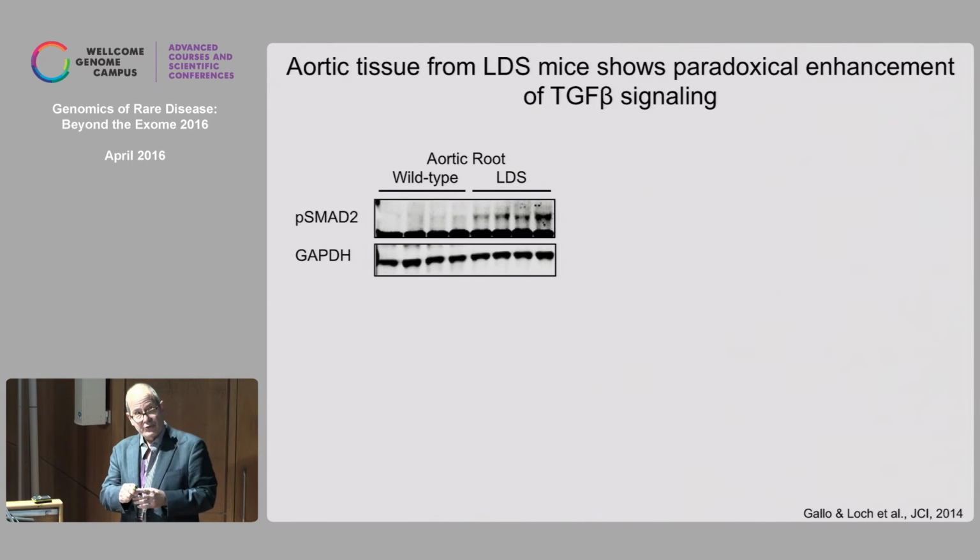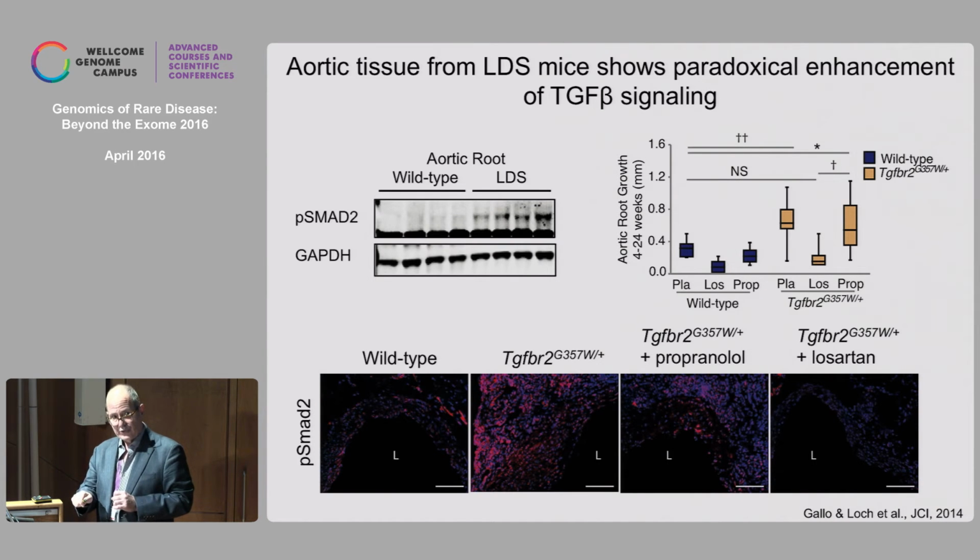So Elena Gallo in the lab went on to make and characterize mouse models of Loeys-Dietz syndrome and showed that they also show this clear signal for paradoxically enhanced TGF-beta signaling in the aortic root. Elena was able to show that losartan was just as protective in Loeys-Dietz syndrome mice as it was in Marfan mice, showing complete prevention of abnormal aortic growth in association with a complete abrogation of TGF-beta signaling within the aortic